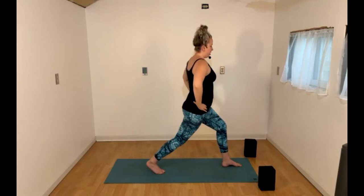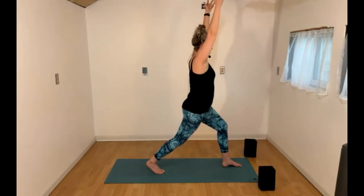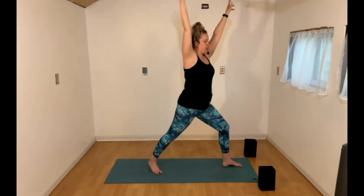Check to make sure that your hips are kind of facing the top edge of your mat. 1 more breath in. Exhale, warrior 2. Spin that right heel down to the floor. Arms reach wide. You might pick up all your toes, spread them out, and set them back down. Gaze just beyond your left middle finger. 1 more breath in